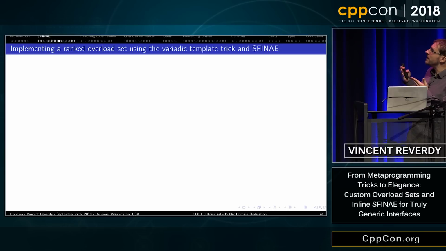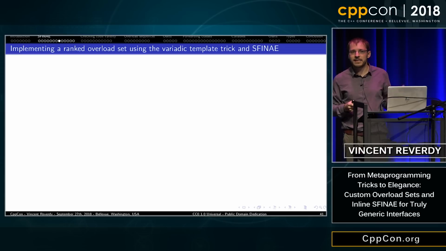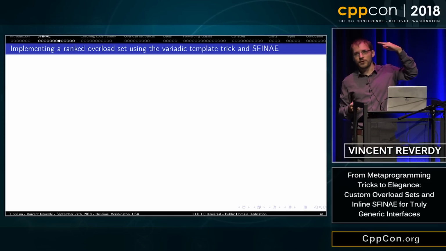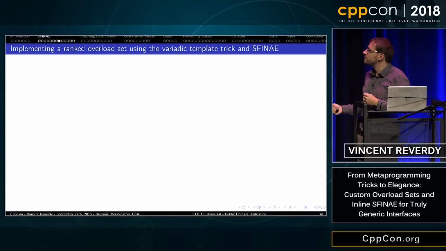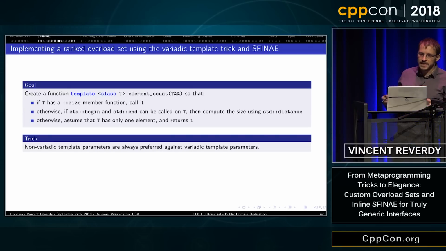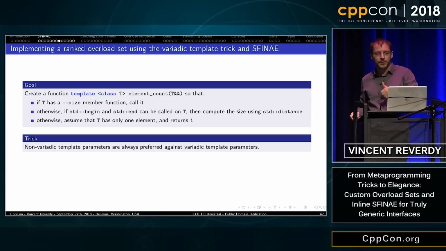A thing that we can use SFINAE for is, for example, to implement a ranked overload set. By that I mean you have a list of functions and you want to try whether they work in a given order. The thing I want to illustrate is the following. We want to create a function element_count so that if T has a size member, then it will call it.